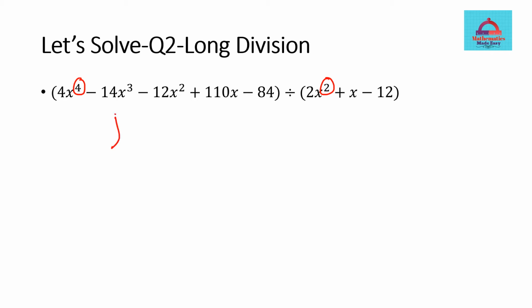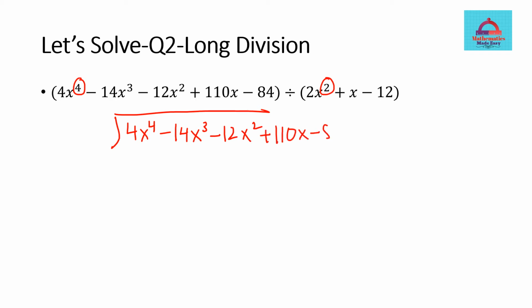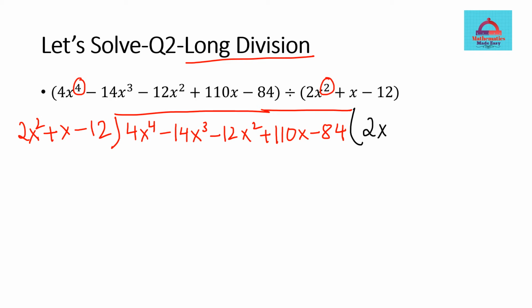So let's write inside the dividend 4x to the power 4 minus 14x cubed minus 12x squared plus 110x minus 84. Now, as the name suggests, it's a little long method, so I will use a smaller font so that I can cover the entire part here. So let's solve now. 4x to the power 4, that's what we need, and we have 2x to the power 2. So we are going to multiply with 2x to the power 2. So 2x to the power 2 multiplied with 2x to the power 2 will give you the first term, 4x